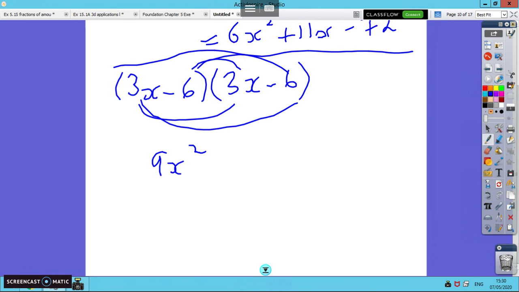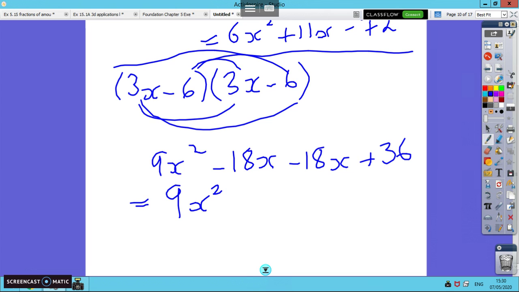Then you've got 3x times by minus 6 is minus 18x. Then you've got another minus 18x. And then minus 6 times minus 6 is plus 36. So at the end, simplifying that all together, 9x squared minus 36